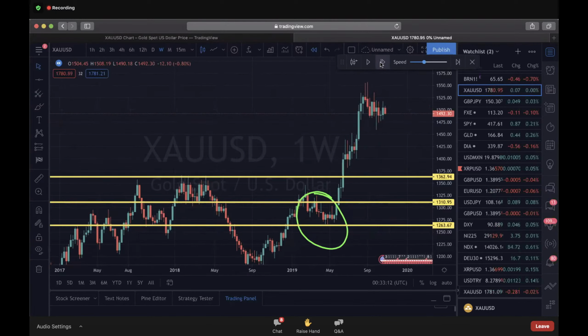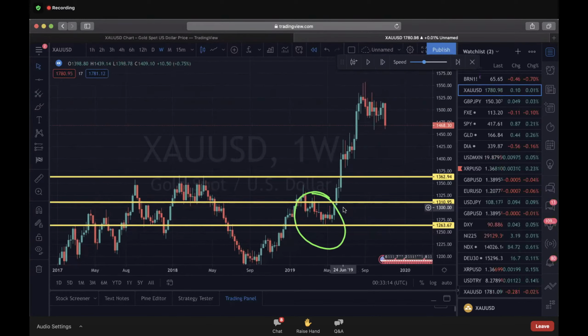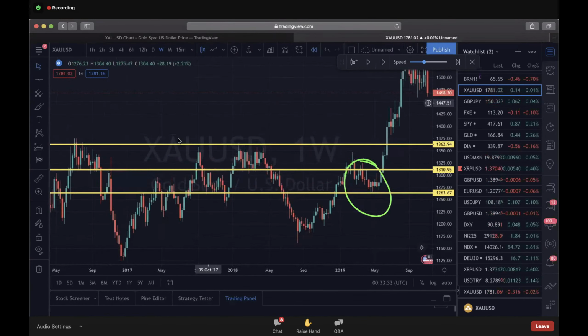Everybody see that? I like to enter in on consolidated forms. I'm going to get back to the body wick volume, but I like to enter in on a consolidation on the weekly because I find out where the weekly trend is going for the breakout. I don't care what the market is going to do for the next hour or the next 2 hours. I care about what the market is going to do for the week. So that's why I look and see.